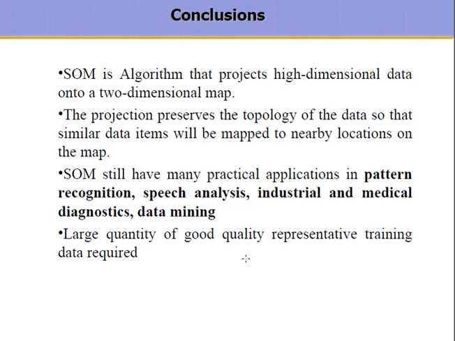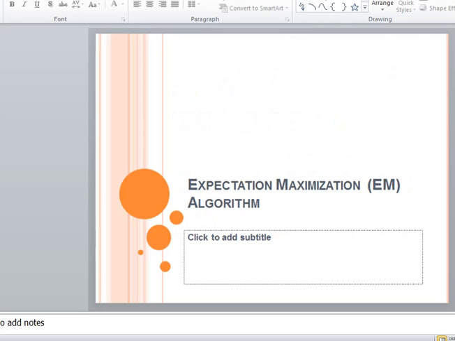And a large quantity of good quality representative training data is required. So you can say that one downside of this algorithm is that we need high quality and high quantity data in order to train our algorithm. So this was more or less about the SOM algorithm, and the next algorithm which we want to discuss today